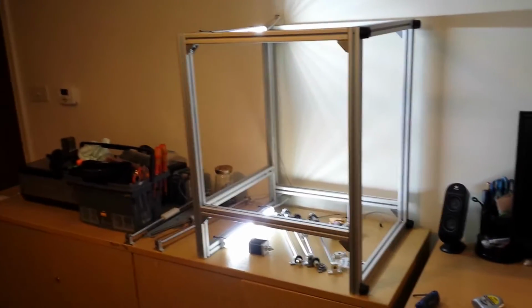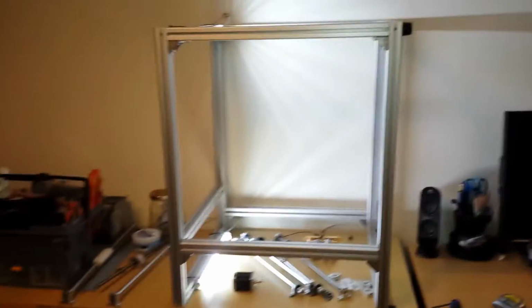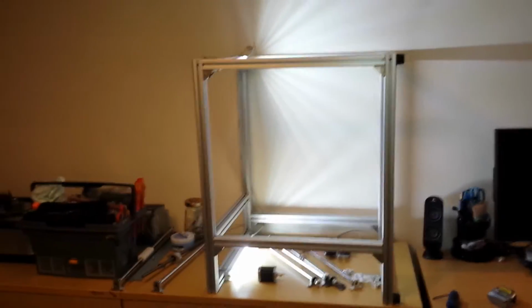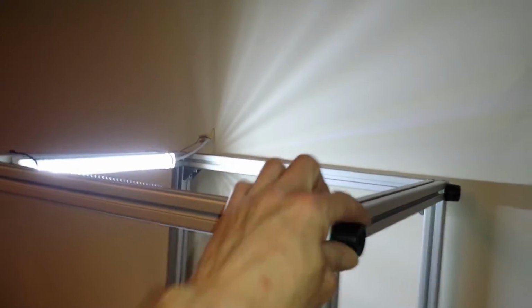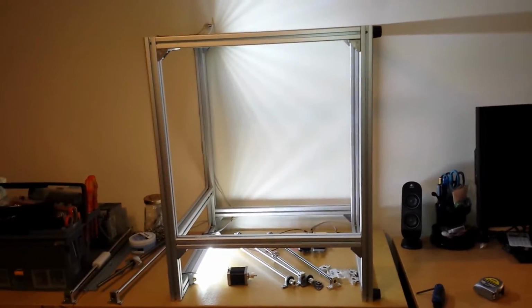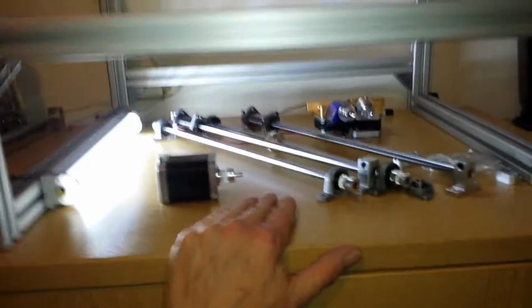So yeah, I decided maybe let's try the printer orientated that way. That way it's more compact, it stands neater, it's definitely more rigid this way, just purely on the fact that the verticals are touching the floor, or would be touching the floor, and obviously I've turned it sideways so they would be the feet. But yeah, I've tried it this way, with the idea of putting all the hardware, electronics,